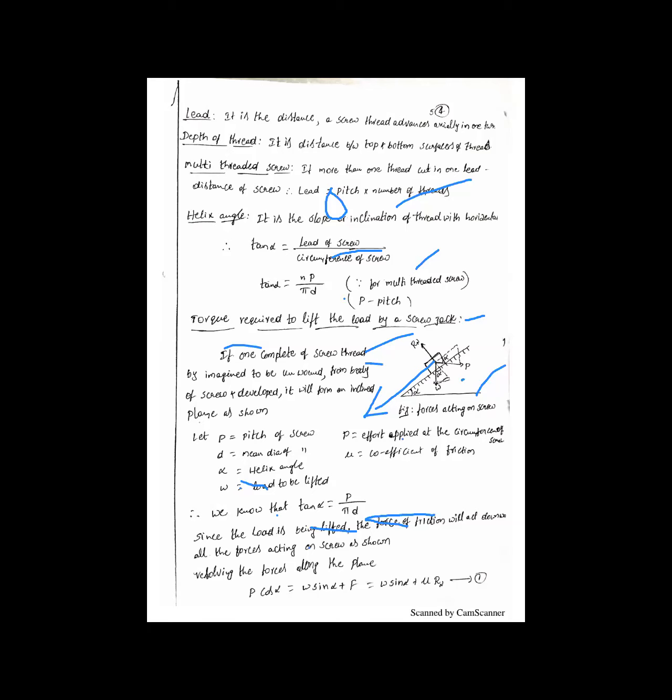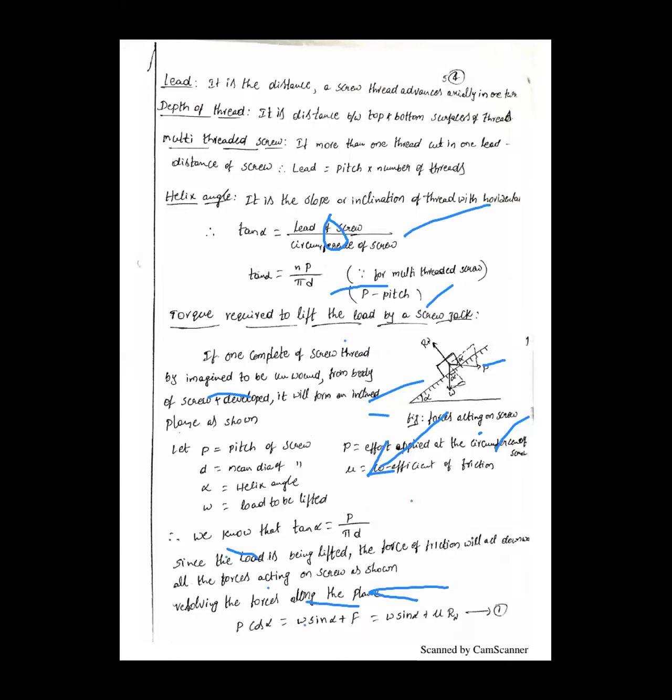What forces are there when we take the equilibrium conditions? How many horizontal forces are there, how many vertical forces are there, how do we write that the sum of vertical forces equals 0 and the sum of horizontal forces equals 0, and how do we get the unknowns with the help of these conditions? So we will see that.